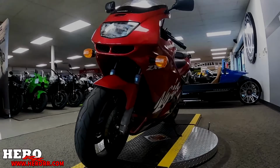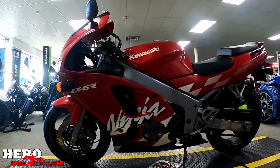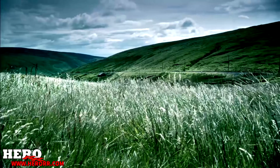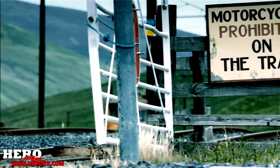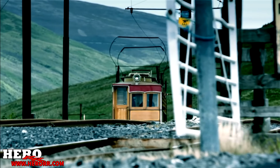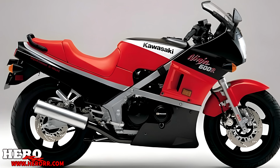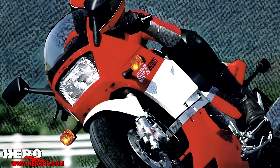The ZX6R was first produced in 1995, but its DNA goes back even further than that. In fact, our story truly begins in 1985 when Kawasaki released its first true middleweight sport bike to the world, the GPZ600R. The GPZ600R, also known as the Ninja 600 here in North America, was a game changer to the world